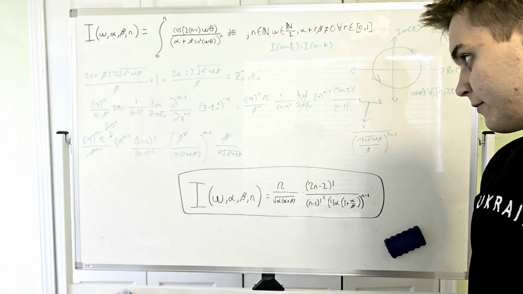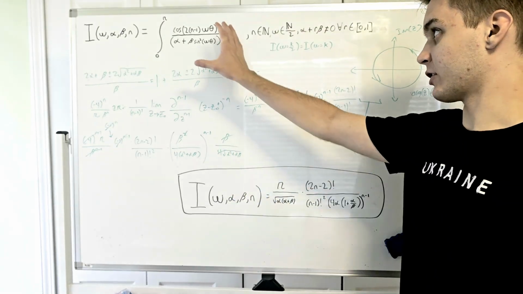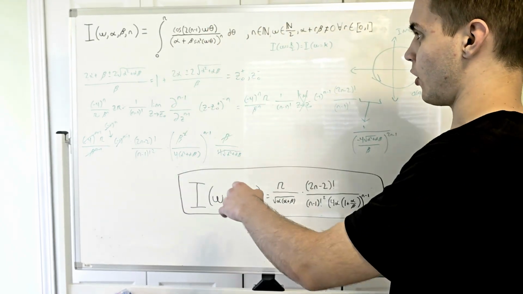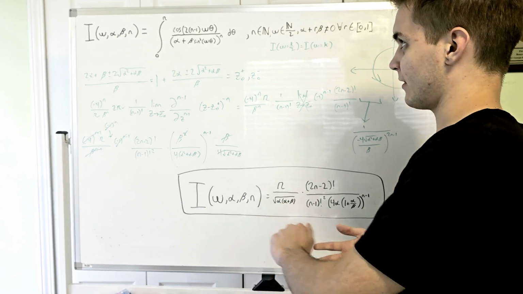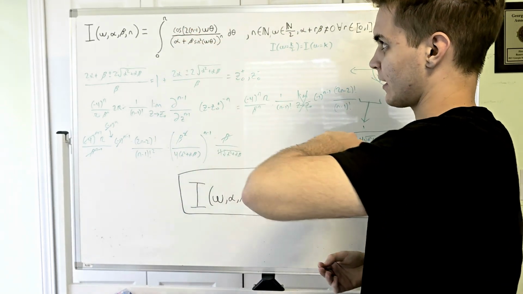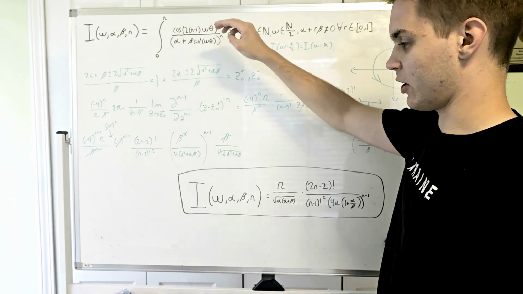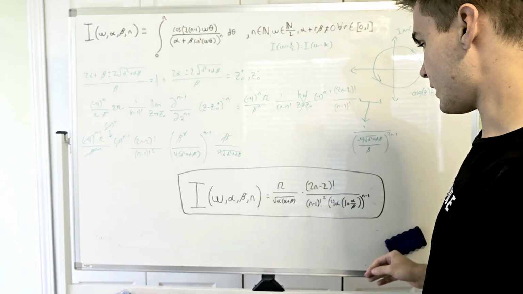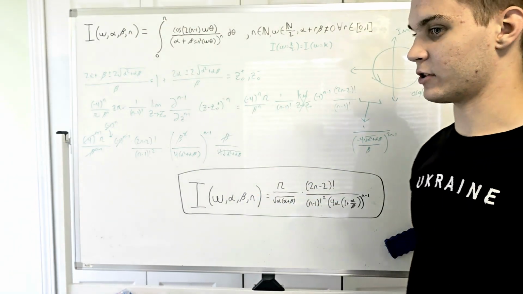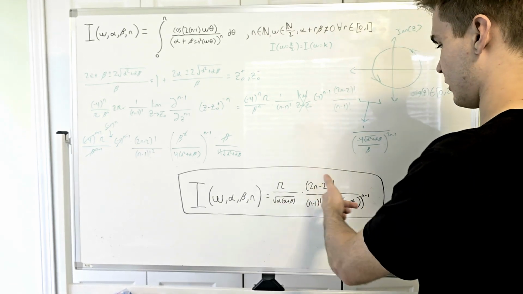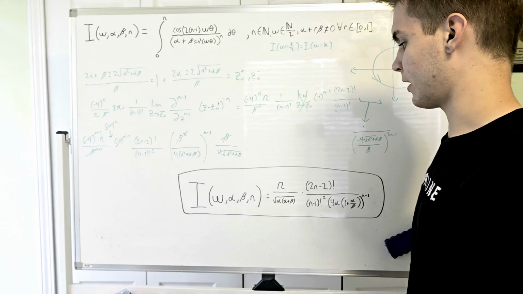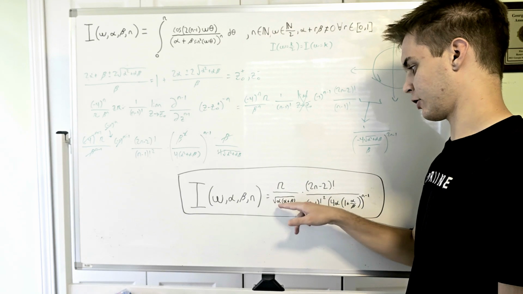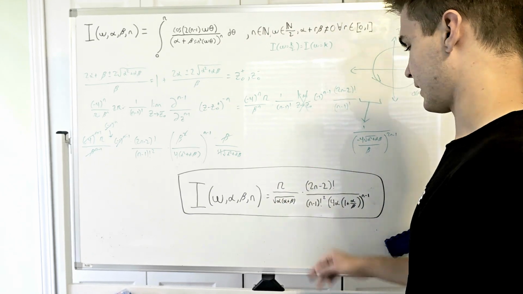So if you notice, basically the whole integral, no matter how you parameterize it, and again, you can customize this in so many ways. The point is, if you have an integral that obeys this form somehow, you could have these set to anything, as long as you can tell that it fits into this form with these variables set to whatever, you can apply this formula and get the answer to the integral, which also, if you just look here, is actually just pi times a constant, no matter what. It's sometimes irrational, like for example, if alpha and beta are 1, you're going to get a root 2 here, but also for something like 1/3,